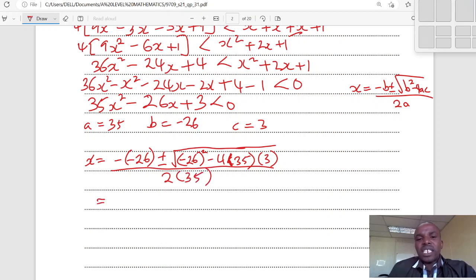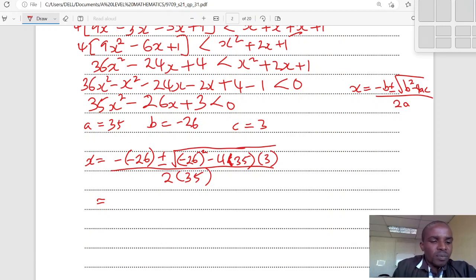Right, let's simplify this part. What do we get? Let me find my calculator here. Then 3. Right, the first value of x that you can get after punching everything in your calculator,